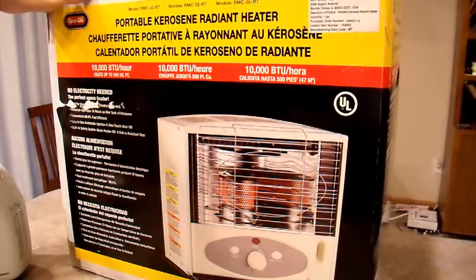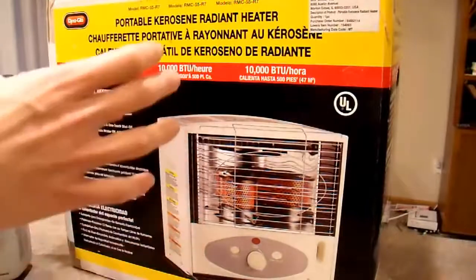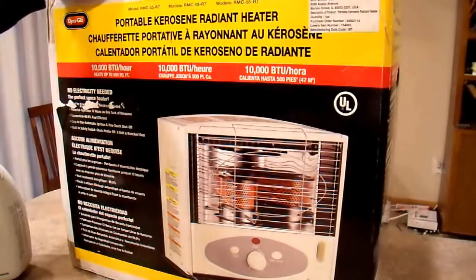This is a review of sorts on my Dyna Glo RMC55R7 10,000 BTU portable radiant kerosene heater. This is the radiant style versus the upright convection style heater, which means that it's a lower BTU rating than those, but 10,000 BTUs is really a more practical size for heating a house for emergency heat, which is why